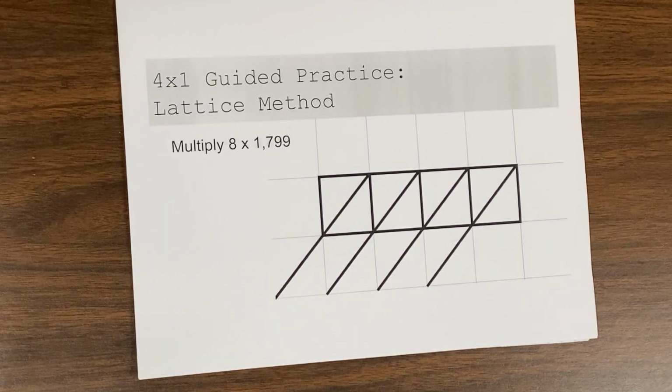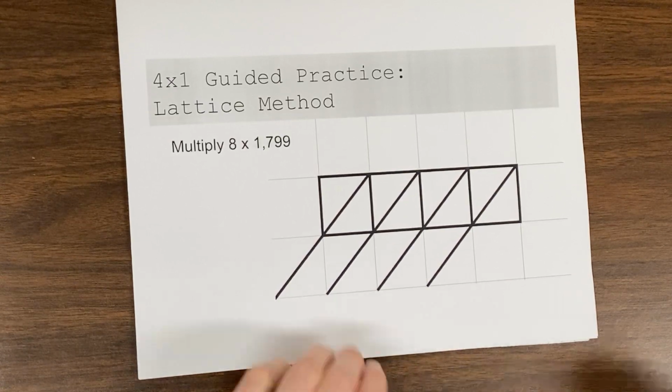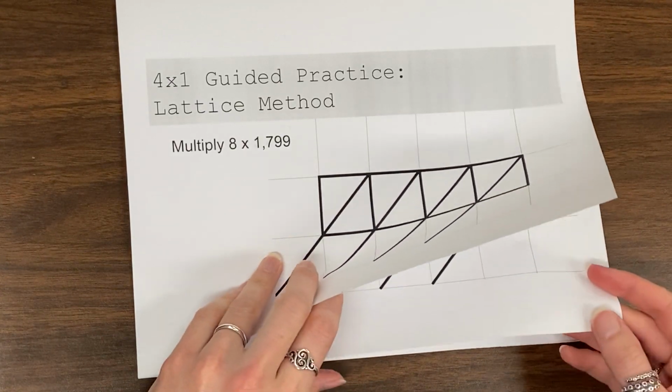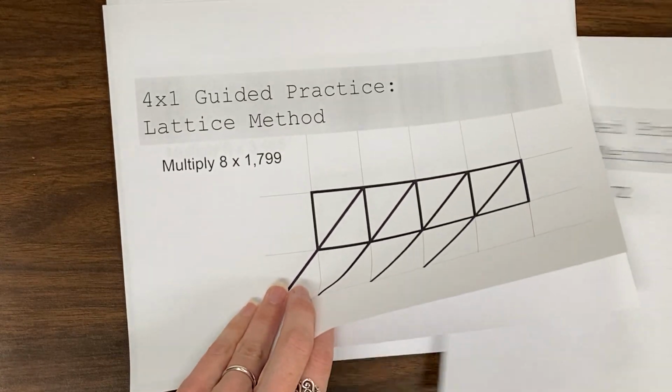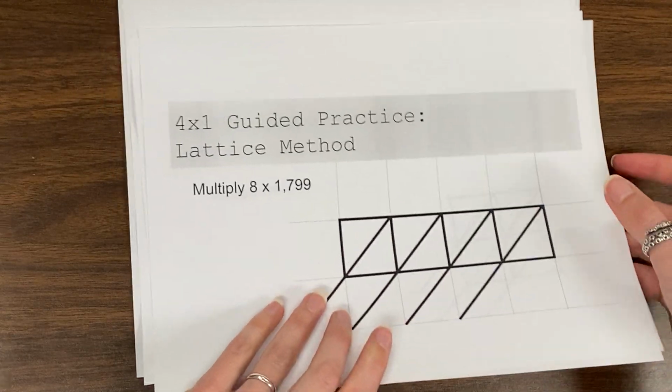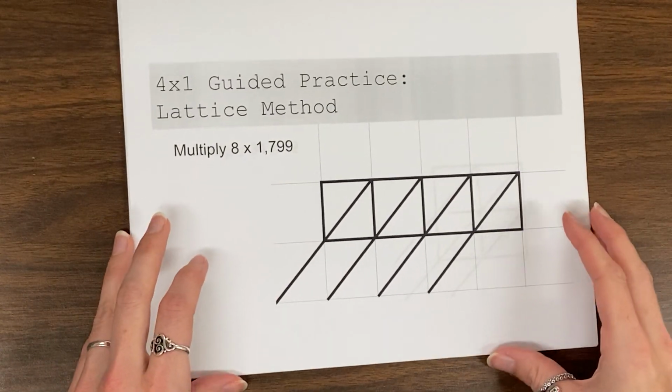Okay, mathematicians, this is your guided practice for lattice method multiplication. We're going to be looking at 4 by 1 digit multiplication and 2 digit by 2 digit multiplication. So to start, we're going to start with this 1 by 4, and I want to show you what this looks like with the model pre-made, and then we're going to do some examples where we draw our own lattice